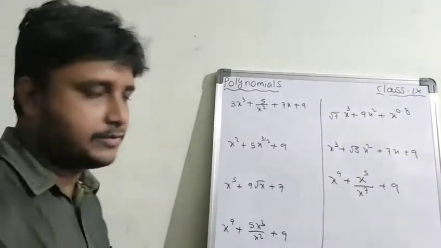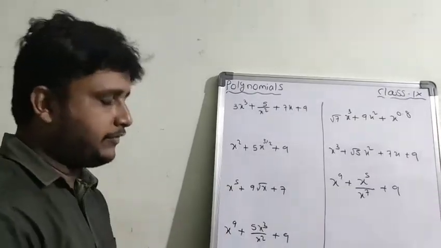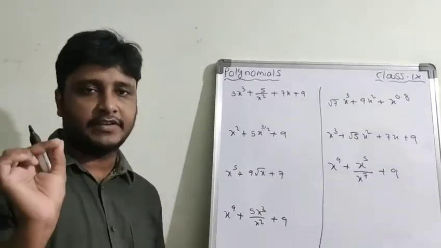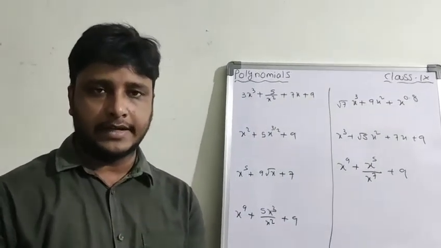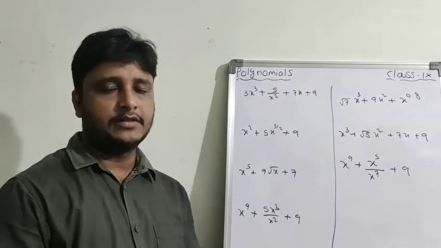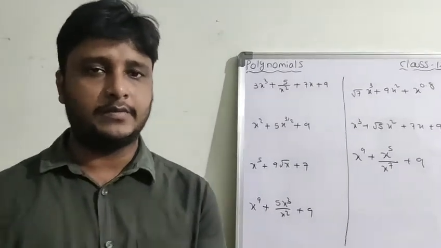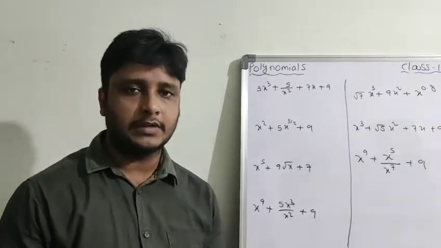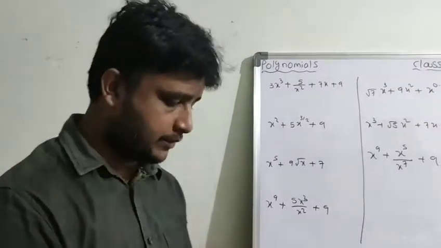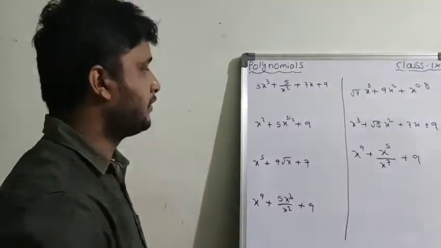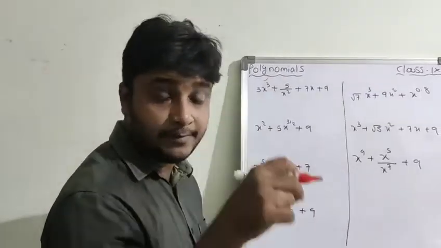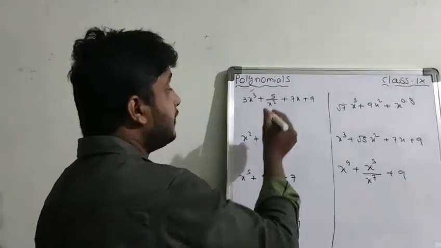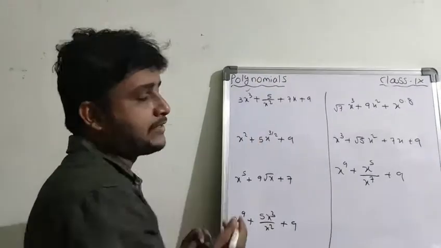Okay, see, observe. The thing is simple. Only the powers of the variables we have to consider. Powers of the variable should be non-negative integers. Non-negative integers means 0, 1, 2, 3, 4 and so on. That means it's nothing but whole numbers only. Just observe, only the powers of the variables we have to observe. Say for example, now I am observing 3, x power 3, yeah, this is okay. But each and every variable's power should be non-negative. x square, 5 by x square.